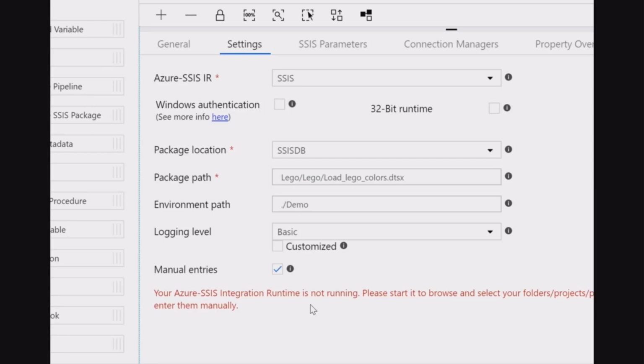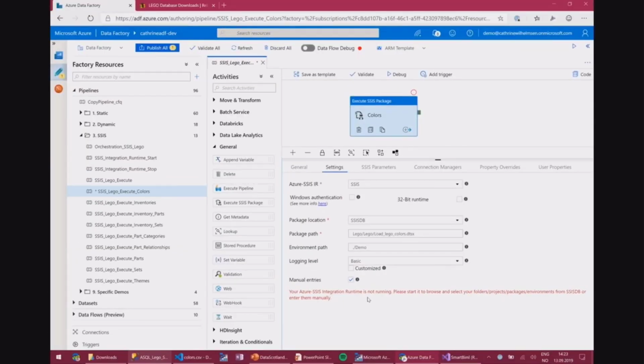A few questions that I usually get when it comes to SSIS is, but what if I'm using some third-party components, for example? If I have invested in different tools, how can I do that? Is this just like, because it's in Azure, how can I do that? And you can customize that when you create the integration runtime.